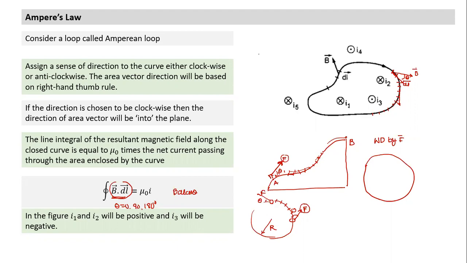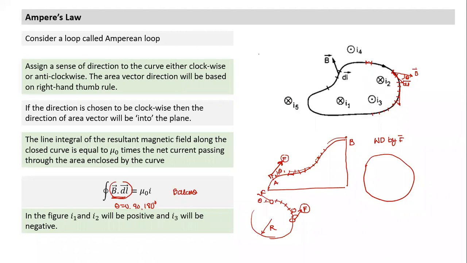So with respect to what will you take the magnetic field, sir? Where is the magnetic field coming from? Now, this magnetic field is not with respect to anything. Magnetic field is always defined at a point. So if I have to calculate the line integral for this small element, how would I calculate it? First of all, why am I taking a small element here? Because the magnetic field may change, and over a small element, the magnetic field may be constant.